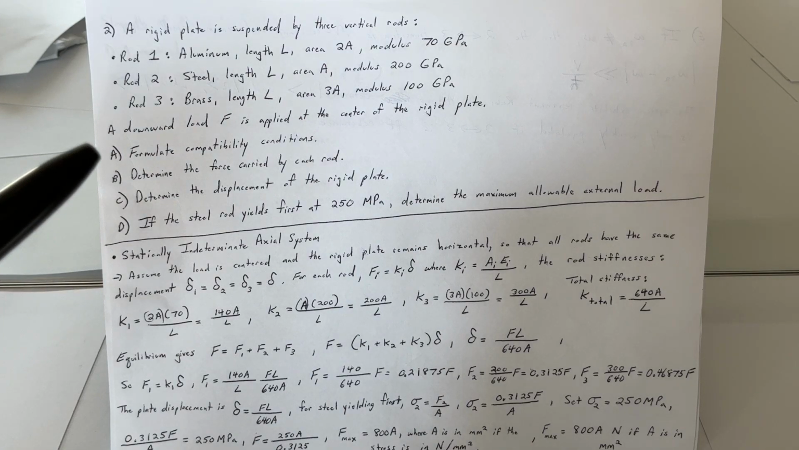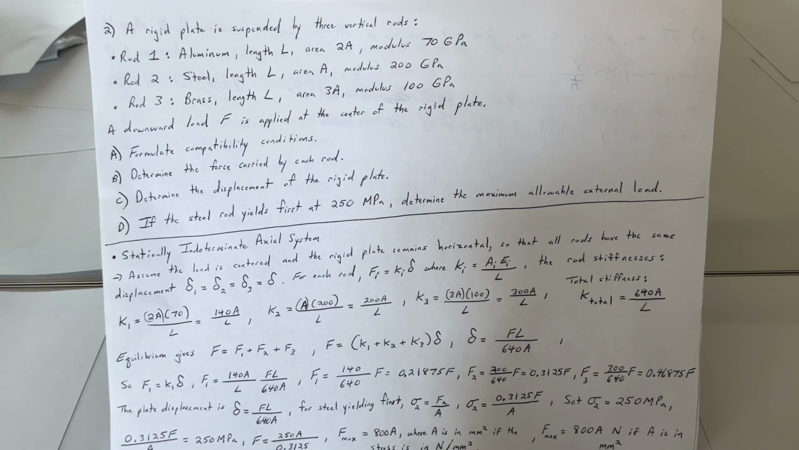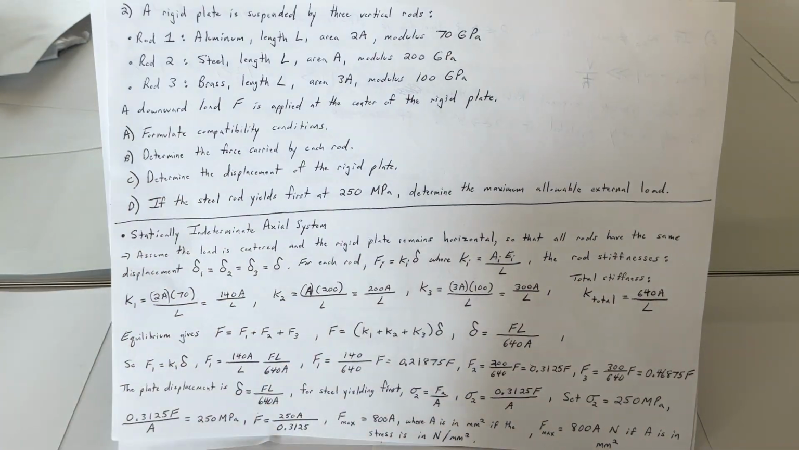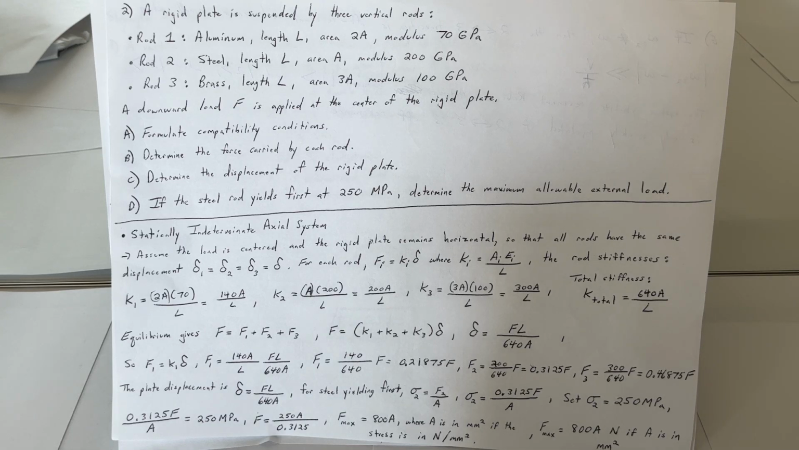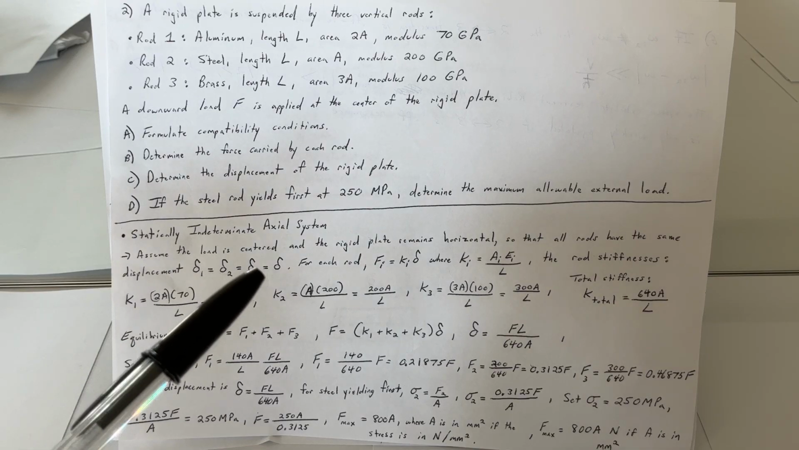For A, B, C, D, respectively: formulate compatibility conditions, determine the force carried by each rod, determine the displacement of the rigid plate, and if the steel rod yields first at 250 MPa, determine the maximum allowable external load. So this is a statically indeterminate axial system. What we could do here is assume the load is centered and the rigid plate remains horizontal, so that all the rods have the same displacement, where delta sub 1 equals delta sub 2 equals delta sub 3